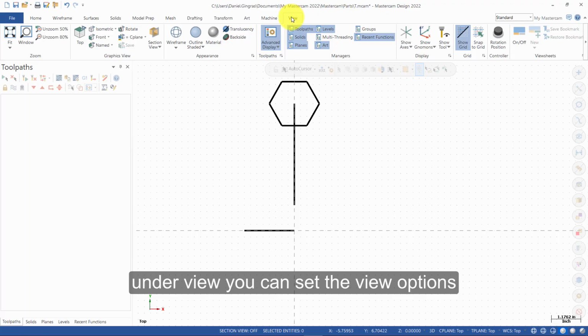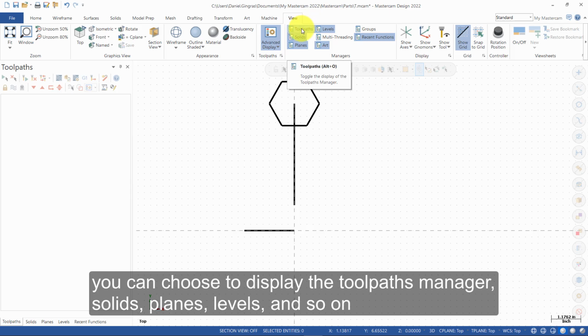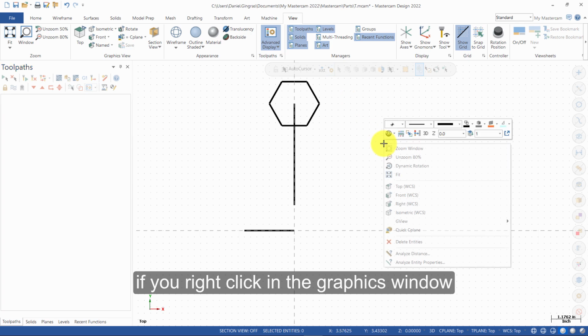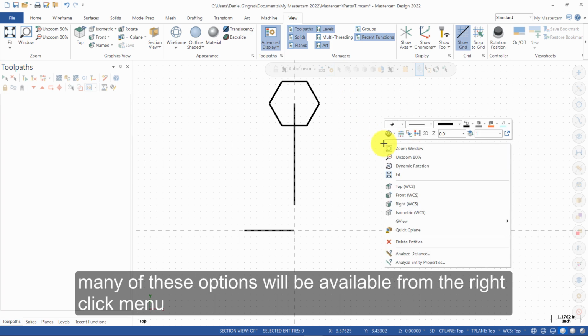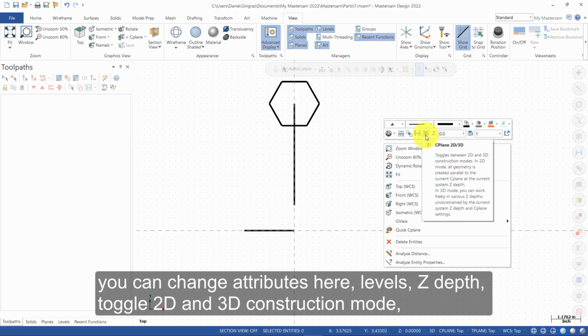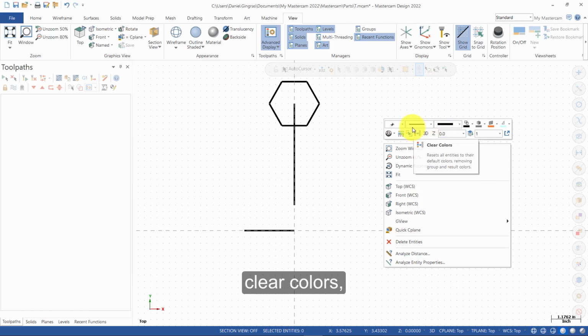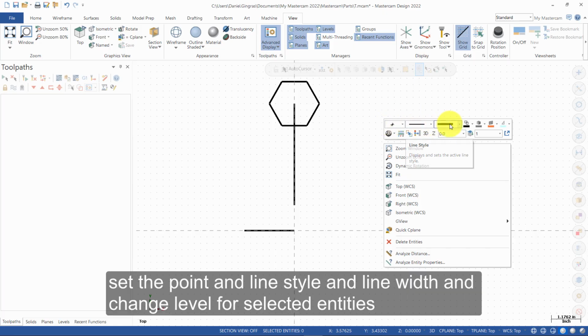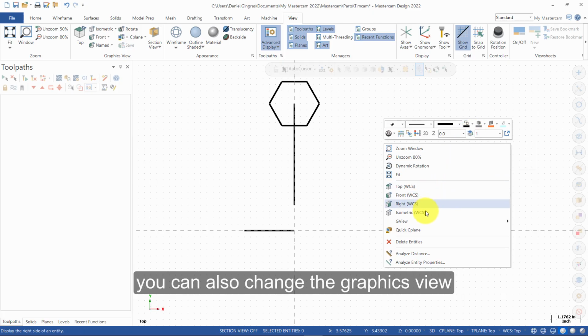Under View, you can set the view options. You can choose to display the Toolpaths Manager, solids, planes, levels, and so on. If you right-click in the graphics window, many of these options will be available from the right-click menu. You can change attributes here, levels, Z-depth, toggle between 2D and 3D construction mode, clear colors, set the point and line style and line width, and change the level for selected entities. You can also change the graphics view